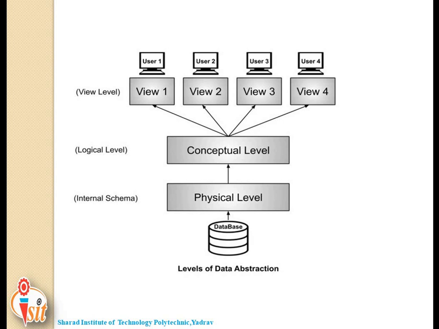And in the last level, in the same example, users just interact with the system with the help of a GUI and enter the details on the screen. They are not aware of how the data is stored and what data is stored. Such details are hidden from them. It's called the view level. This is all about components of database and data abstraction with levels of data abstraction.